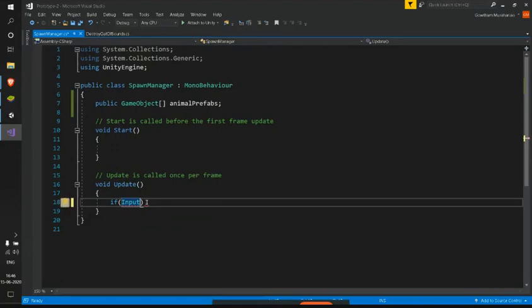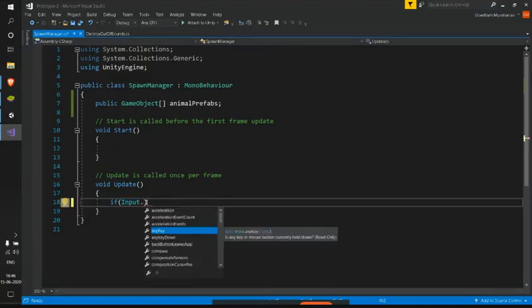We have done a similar kind of thing with space yesterday. We checked if the space is pressed or not.